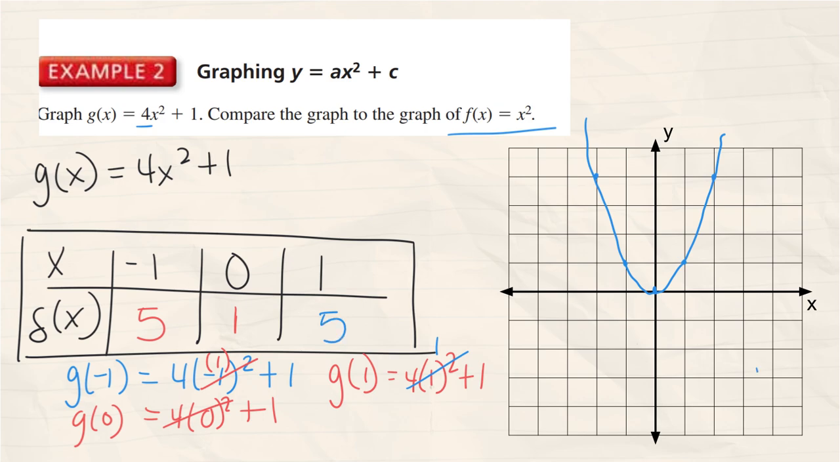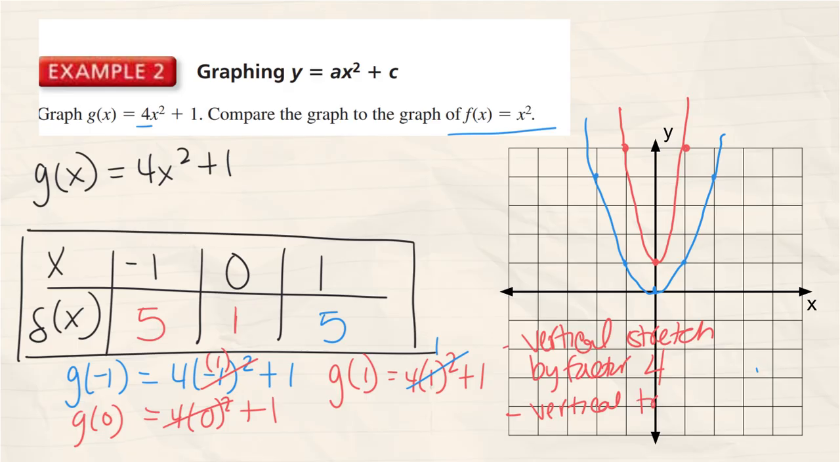I'm able to graph right away, which is negative 1 and 5, 0 and 1, and 1 and 5. So I could see that there is now going to be a vertical stretch. Okay, this is going to be a vertical stretch by a factor of 4. Okay, and I have a vertical translation